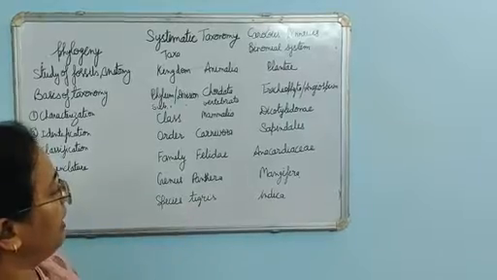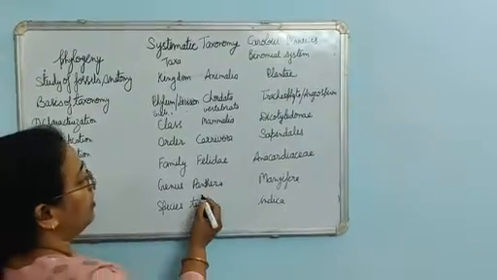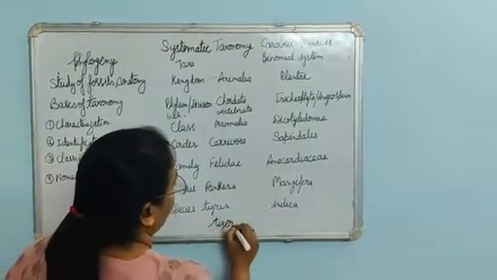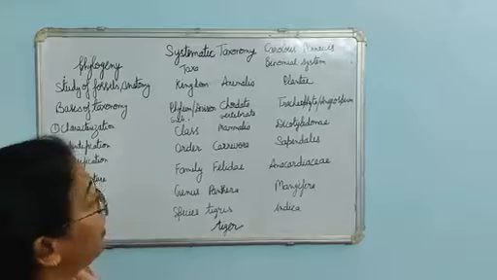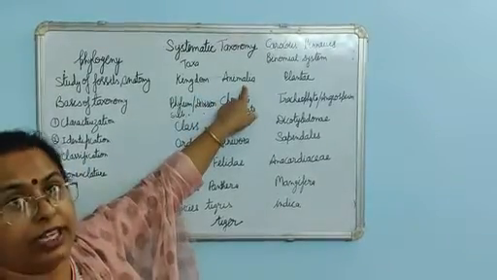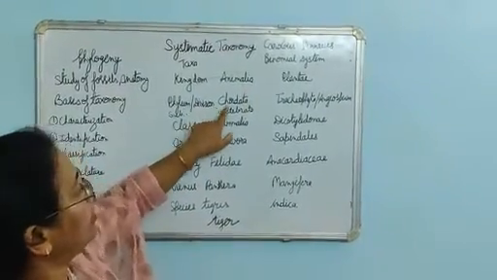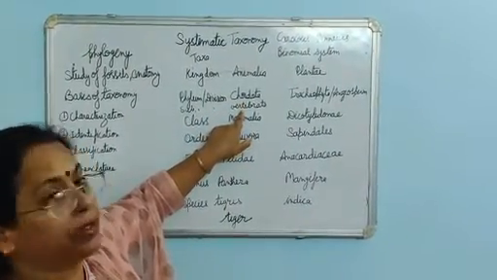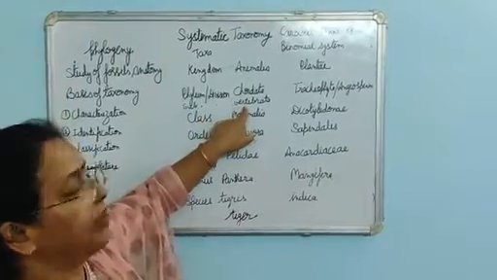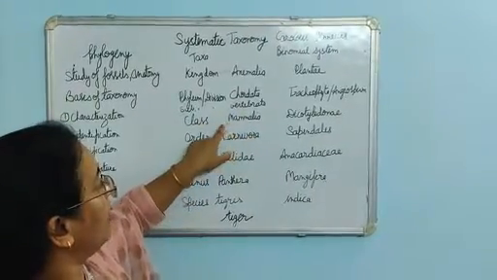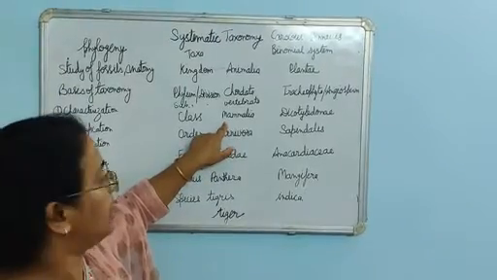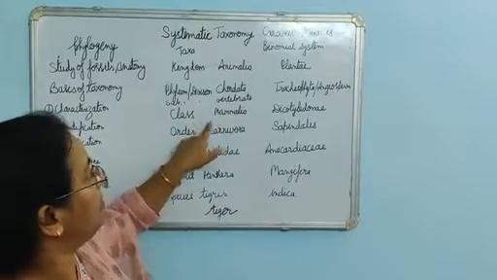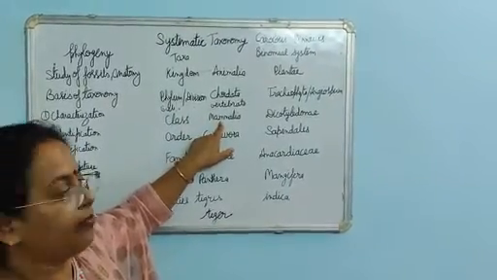For example, we are classifying Panthera tigris, meaning tiger. Tiger belongs to the animal kingdom Animalia. It is an animal. Phylum Chordata, because a backbone is there with a vertebral column also. So the subphylum will be Vertebrata. They have hair on the body, external ears and mammary glands are present, and they give birth to the young ones. That's why they belong to the class Mammalia.